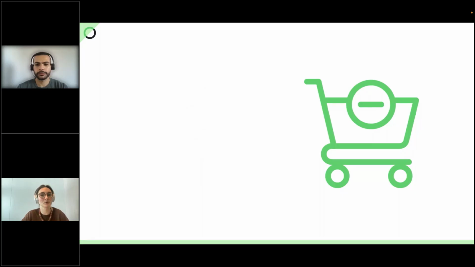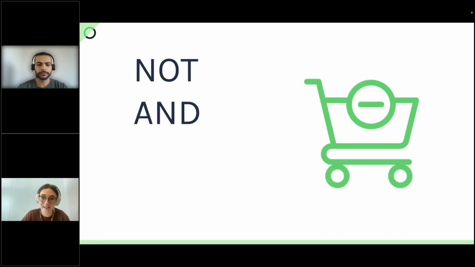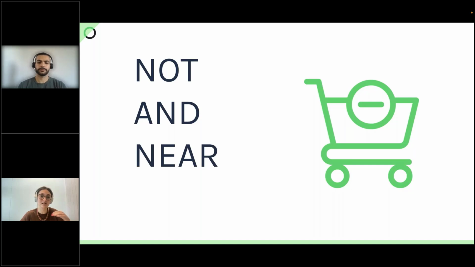On the other side, if you need to narrow down, you have the NOT. You can exclude certain terms. You have the AND if you want to add conditions. So whenever you're using AND, all the keywords connected by AND have to be present. We're going to see today NEAR. It's a stricter form of AND, because we're going to introduce also the proximity.